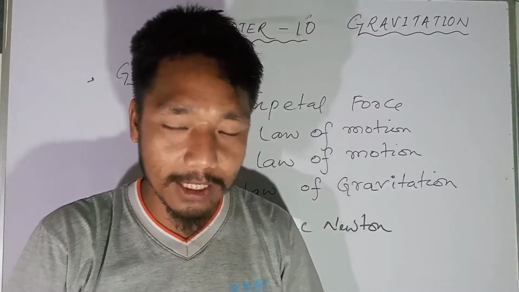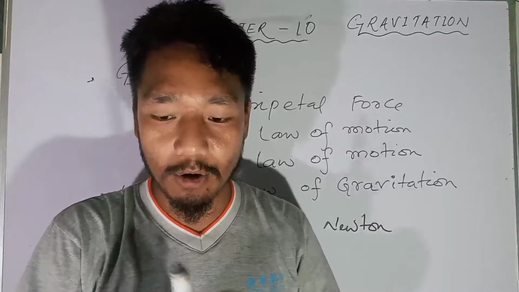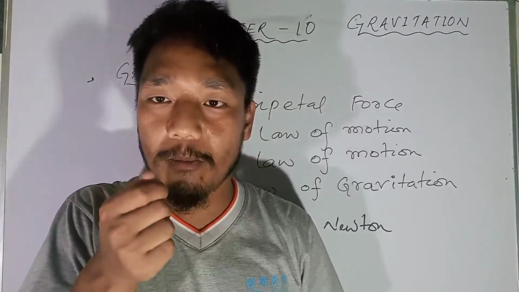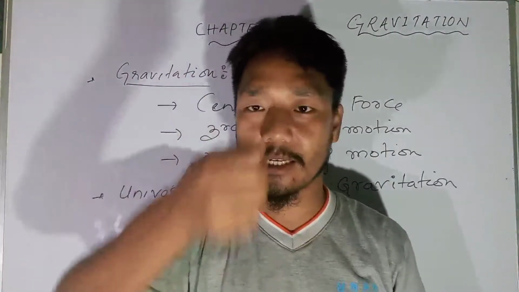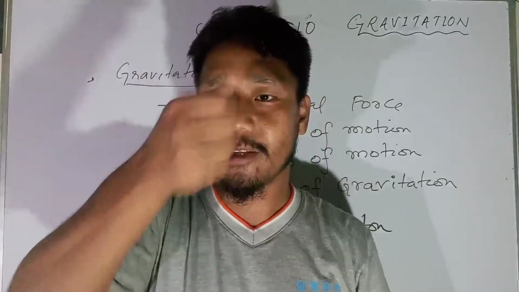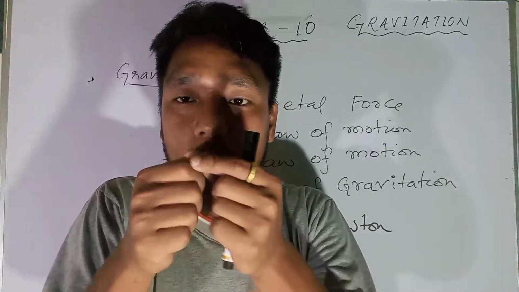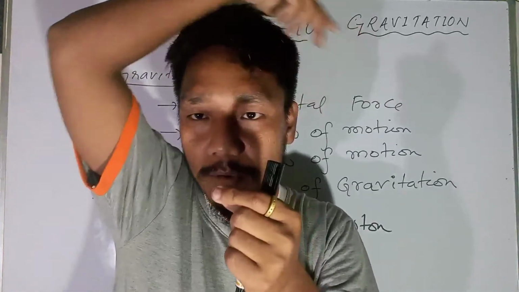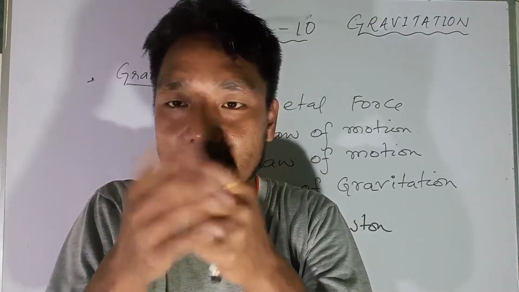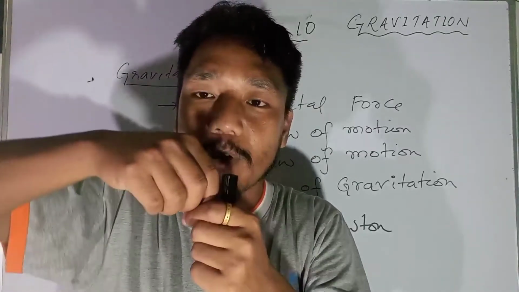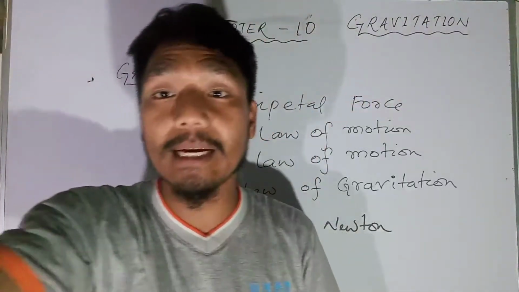In order to understand this, let us try one important example. If I bind a stone with a rope and start rotating it, am I right? That stone which has been bound with a rope keeps on revolving around me, right? Until I release it, that stone will not leave my hand. Instead, it will revolve in a circular path.